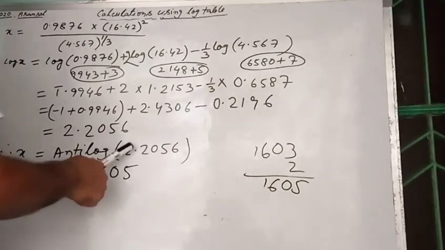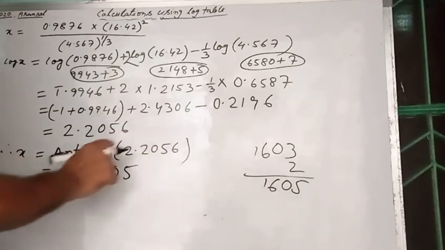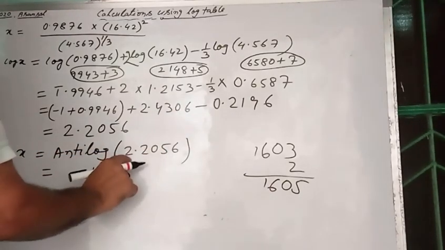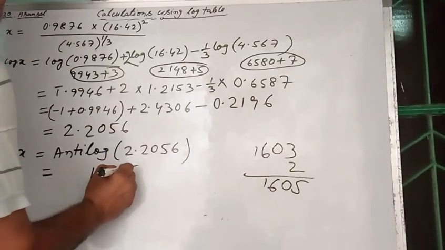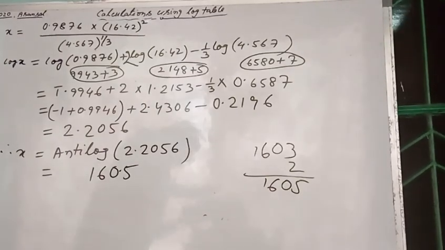So this is equal to 1605, and since here it is 2, so where to put the point? The point will be put after n plus 1 digits, where n is 2 here. 2 plus 1, after 3 digits. 3 digit के बाद point put होगा. That is, the value is 160.5